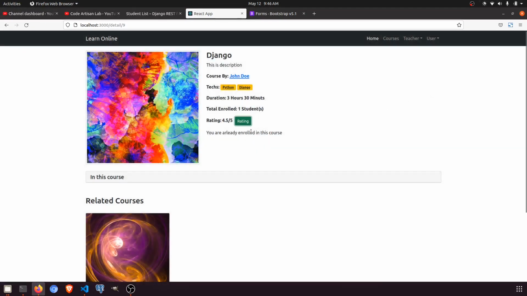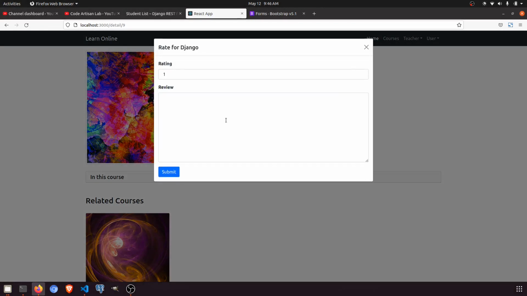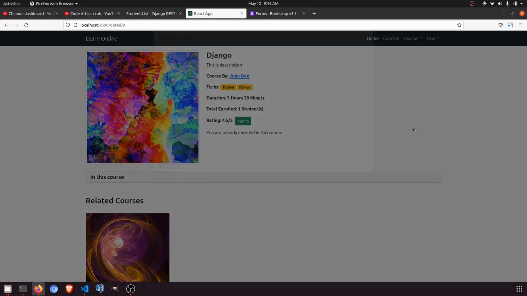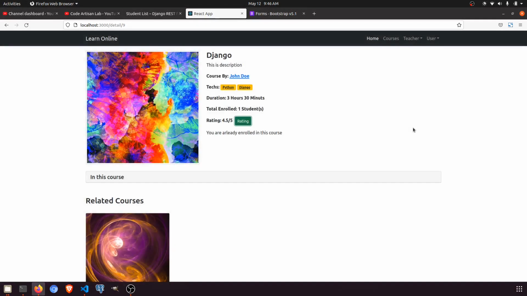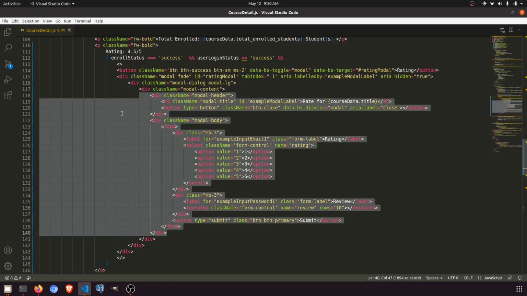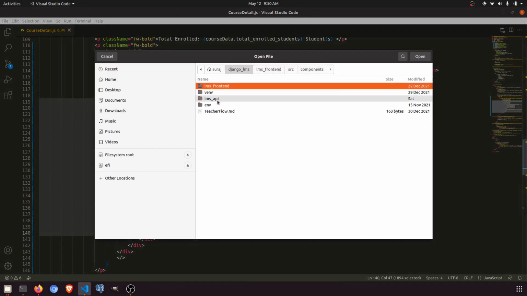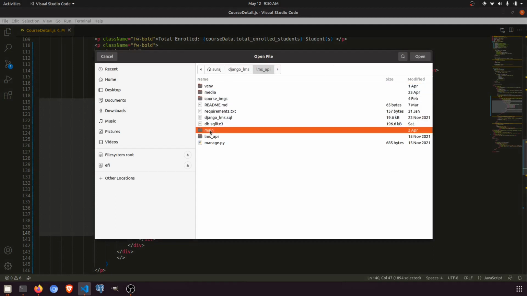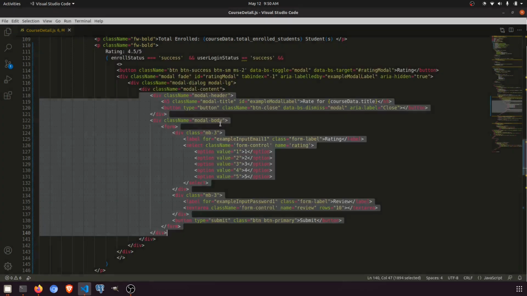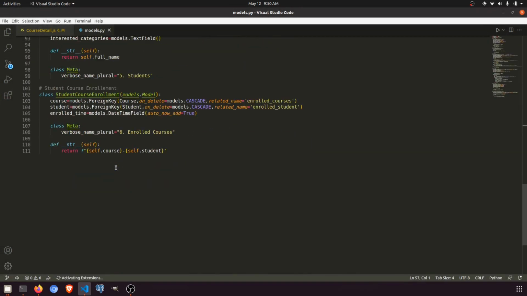So now we are ready to save this data for this particular course. Okay, we have to create a model for the rating and all the things. So let's start to do the model. Let's go with the LMS main models. Okay, so we will create